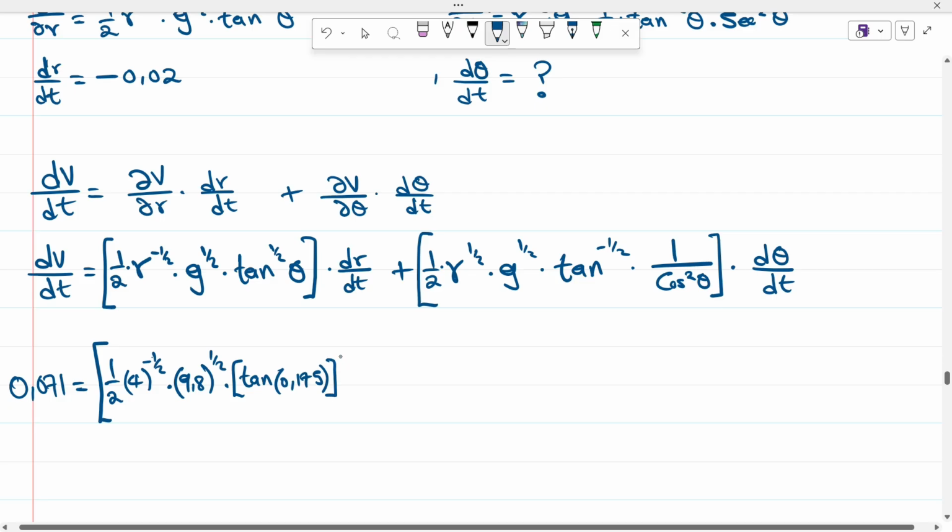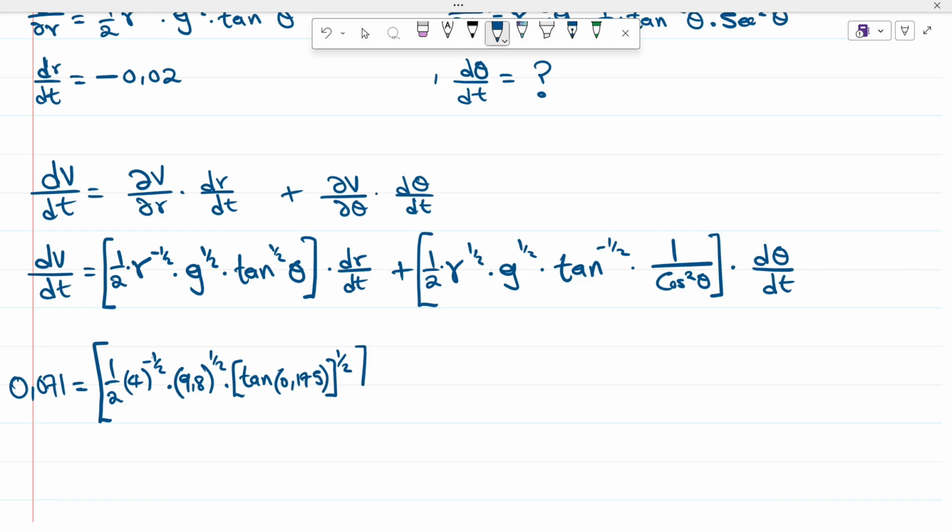This is to the power of 1/2, and then we can close, and then multiplied by the r dt, which is negative 0.02, plus we substitute further again. This is 1/2 r. We're given it as 4, right? So we're given r as 4 to the power half